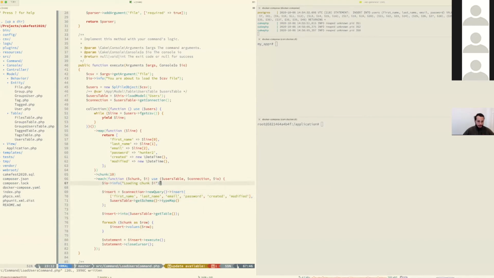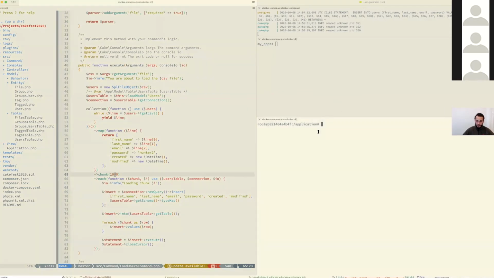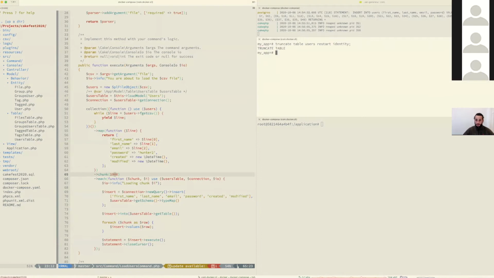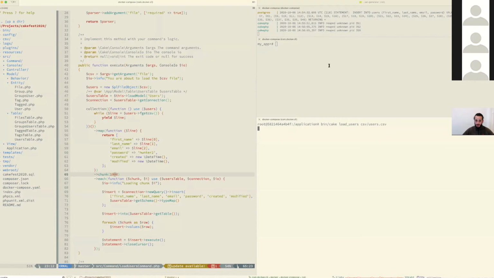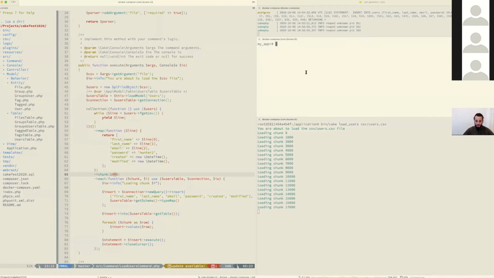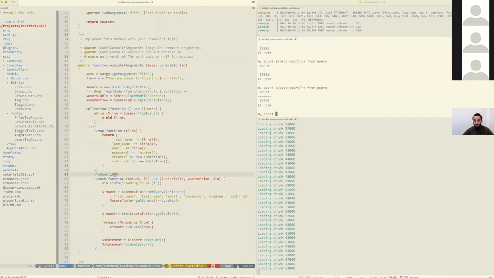Anyways, we know that tens are quite fast. How about 1,000? Let me truncate again and load the thing. Wow, that's much better. If I select, I can see that I'm at 62,000 already, 84. That's going to take no time. So I'm just going to let it finish